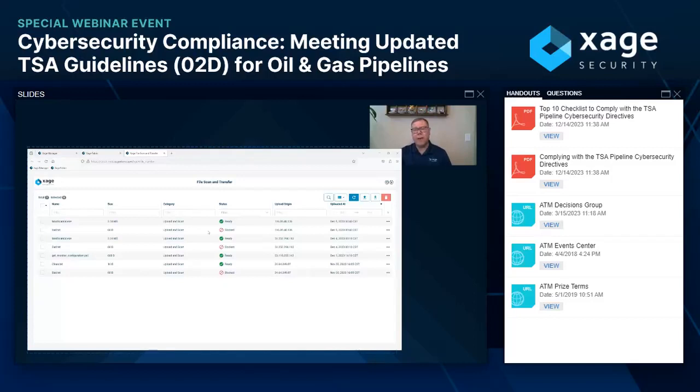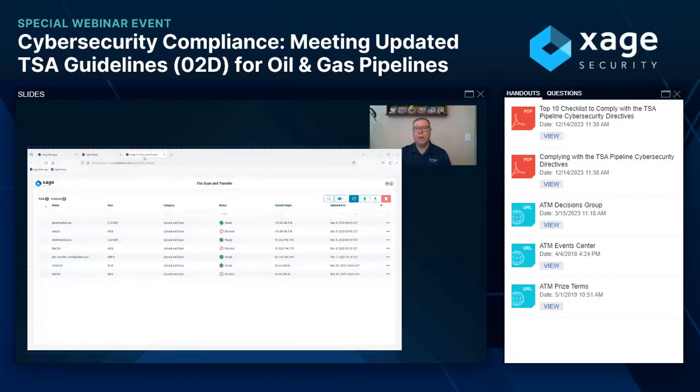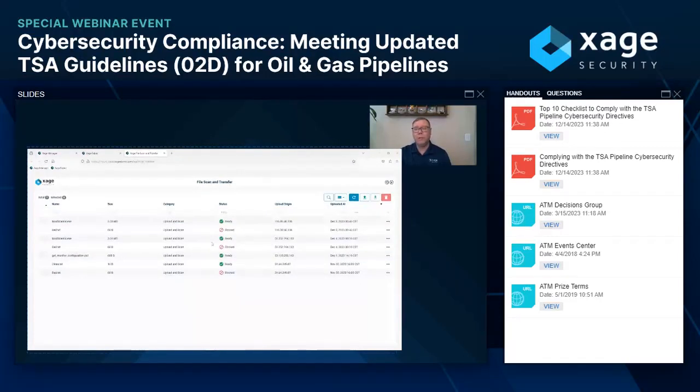the other important note is that things like the traditional attack vector of like the older versions of SMB or whatever they're going to come out with next to things like WannaCry, things that can spread fast and beacon out and find other devices that are infectable. These things need to be caught before they ever make it in there. But the attack vector of being able to do that is limited because the human is interacting with Xage in a browser. So even if they had WannaCry on their machine, they would have to upload it into the Xage platform if they were trying to move it to the OT side of the house.